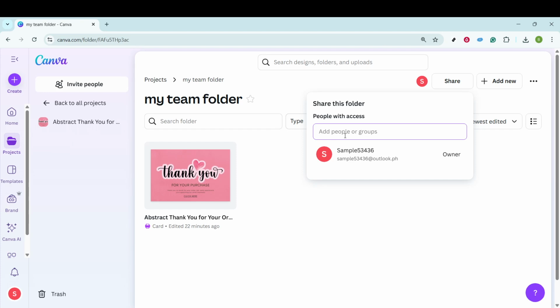By following these steps, you've effectively set up a shared folder in Canva, boosting your team's ability to collaborate and